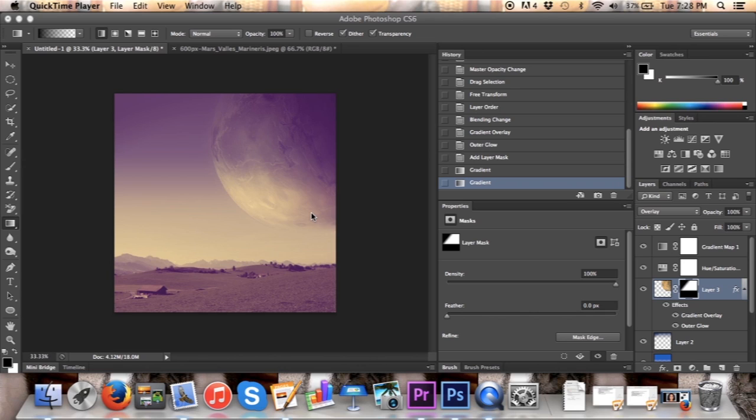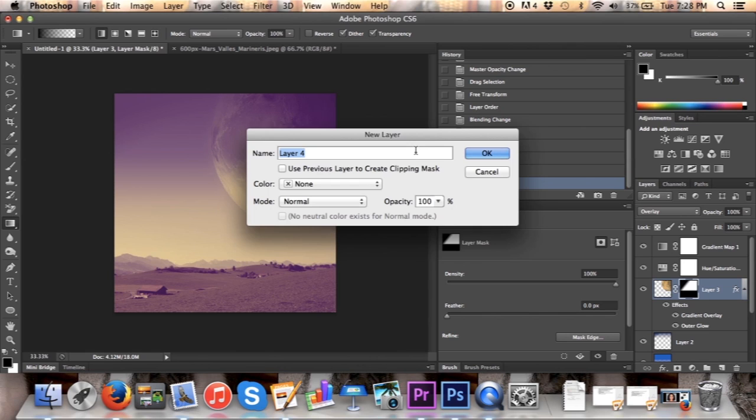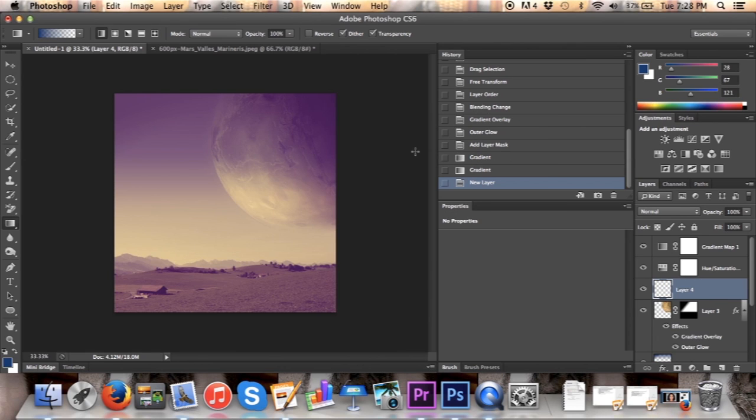So first, we're going to create a new layer. Oops, in the wrong program. Command-Shift-N. Okay. And we are going to move it just below our planet layer. Okay, so we're going to fill the entire layer by pressing Command-A,